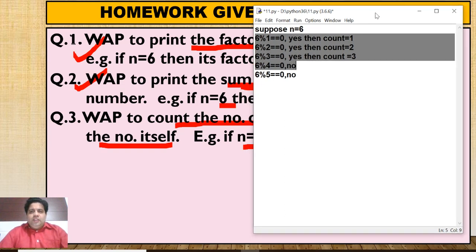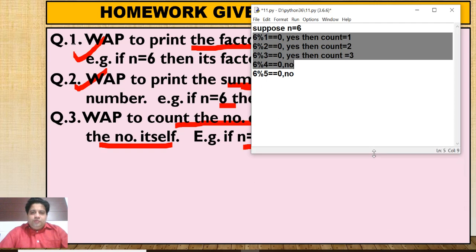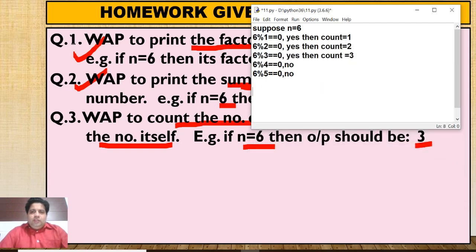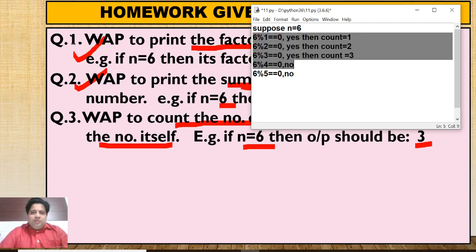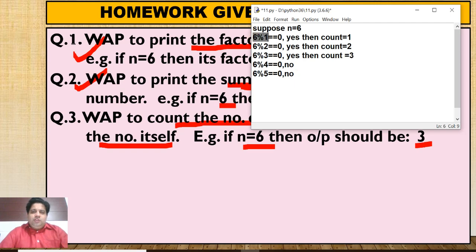So the logic is easy. So first of all, build the logic of the program. Then only you will be able to write a program or do programming. Okay, develop logical ability. So what I have done here, I have built the logic, means the mathematical steps. First of all, I divide the number by 1, check the divisibility by 1. If it is 0, then count is 1, it means one factor is found. Then check its divisibility by 2, count is 2, then 3. Now 4 and 5 are not the factors, so the count is 3 only.